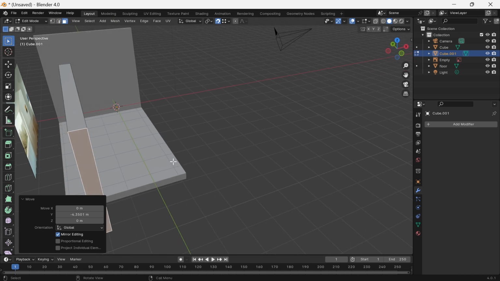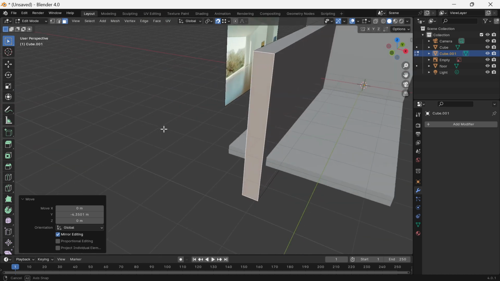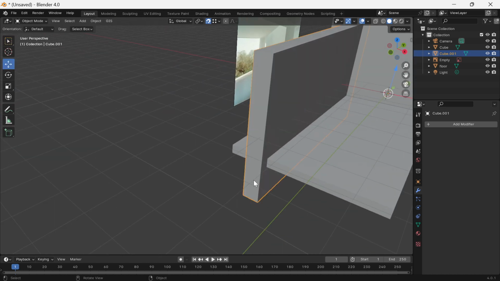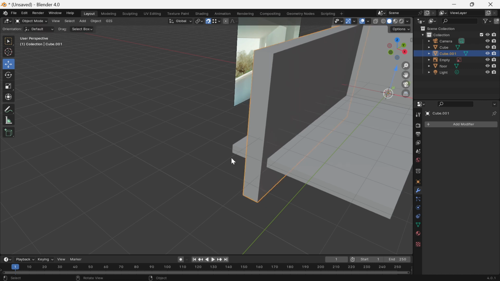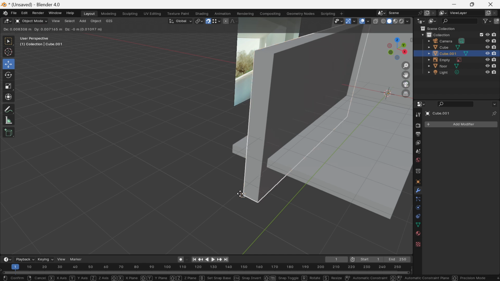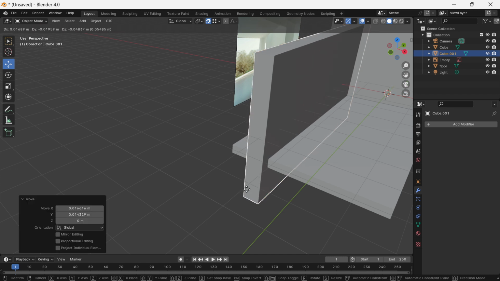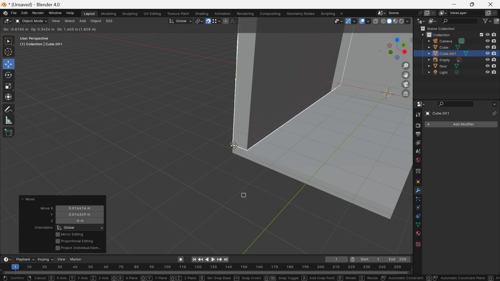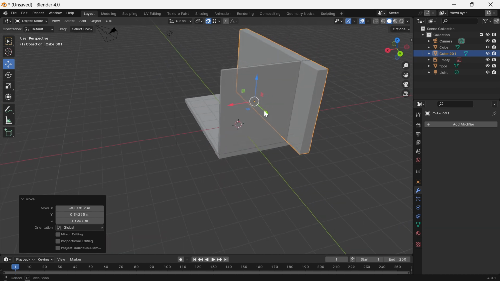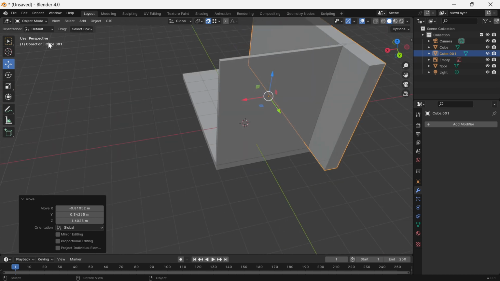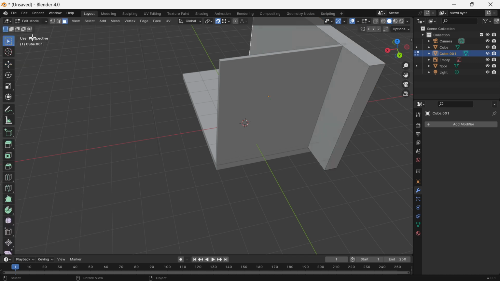But I didn't really measure this one, so what I'll do is I'll just do another G B, make sure snap is on again, and I want this edge to snap onto this edge, so I'm going to go G B, okay, G B, hold down left click and move mouse, and then left click. So that's all contained there. Okay, that's overlapping a bit, so how would we get this sorted? So go to edit mode again, just G Y,